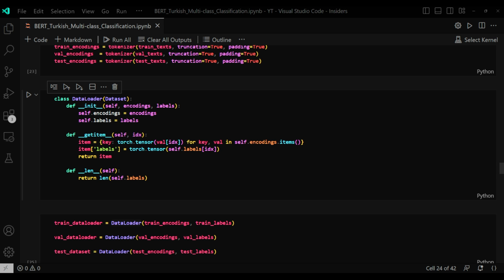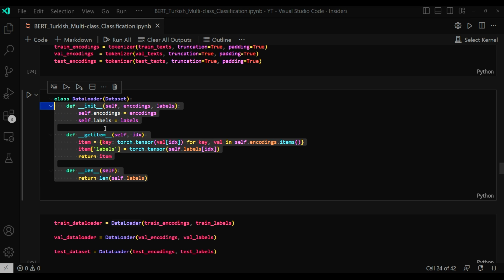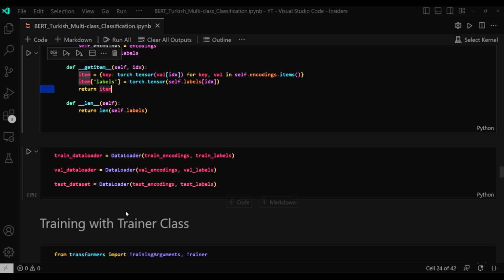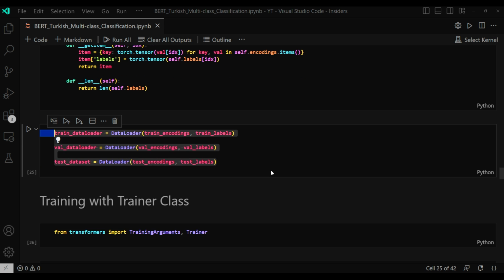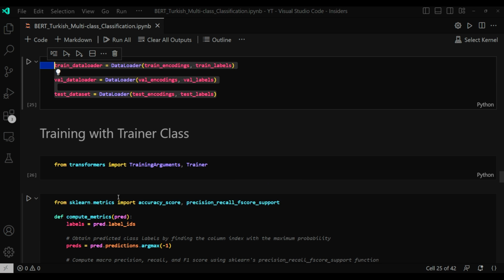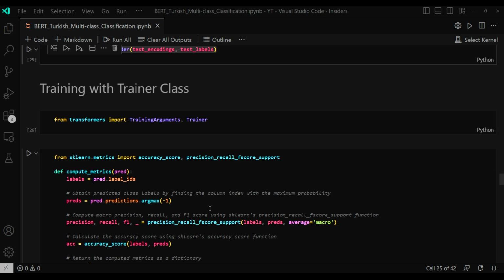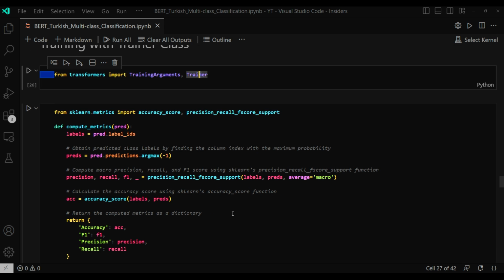And once your data loader class is defined properly right here, you can just invoke this class to create your train data loader, val data loader, and test data loader. So now you are completely ready to do the actual training. That's the reason you now need to define your training configuration. So I import TrainingArguments and Trainer. And before the training, I also need to